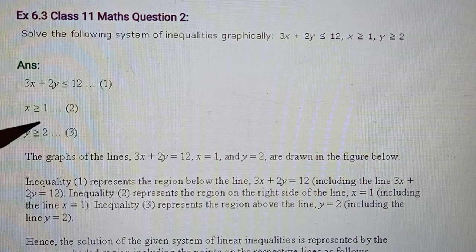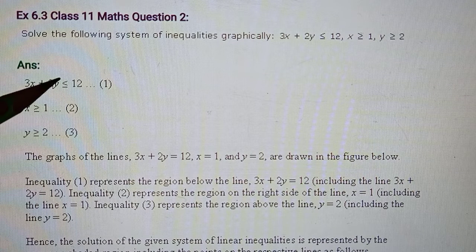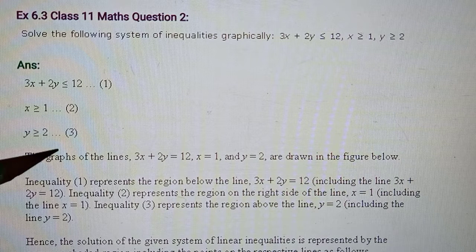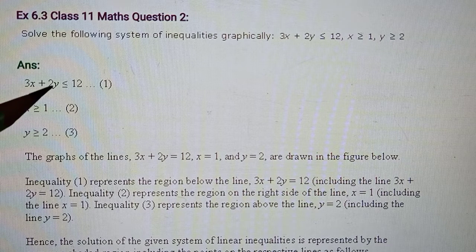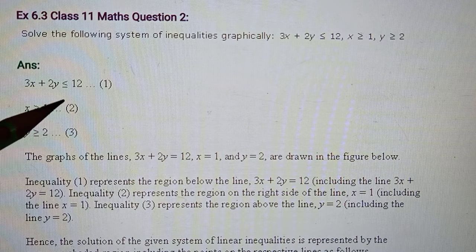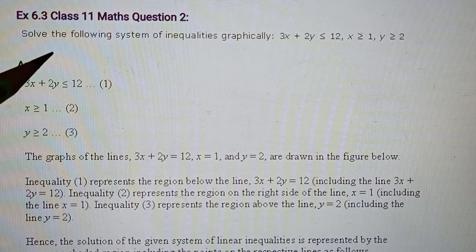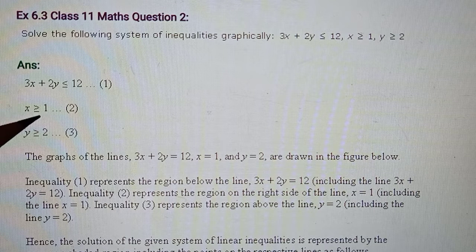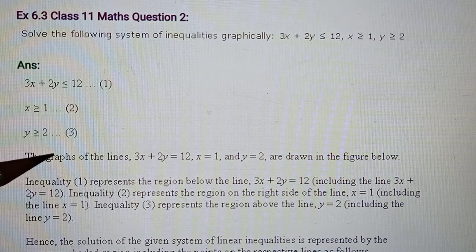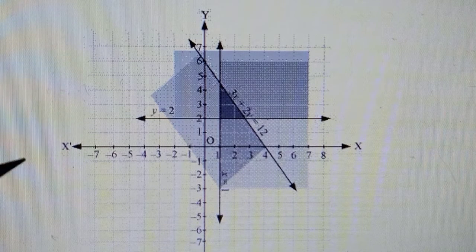First we have to plot the lines corresponding to these equations. Changing them to equal to, we first plot the lines, and then we decide which part of the plane it is talking about with this greater than or smaller than sign. And when we say system of inequalities solution, that means the common solution: the points which satisfy this one, this one and this one too. So the common solution of all three inequalities. So here it is.